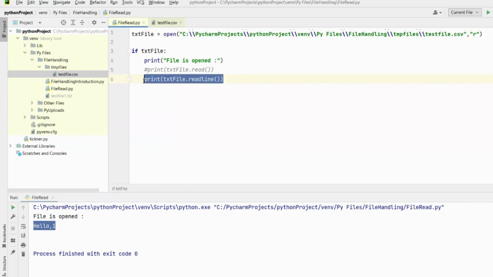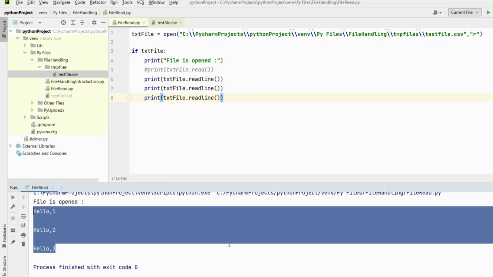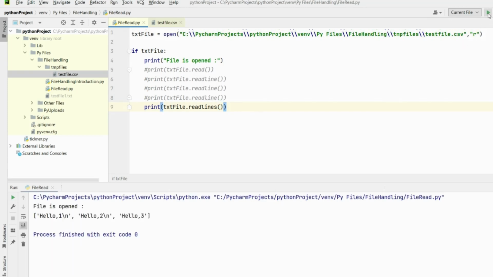As there are 3 lines of data in the CSV file, we add 2 more print statements. Executing the program again, we can now see that all the 3 lines have been printed. We can also use the readlines method to print all the CSV data in list format. Executing the program again, we can see that it has printed all the 3 lines as elements of the